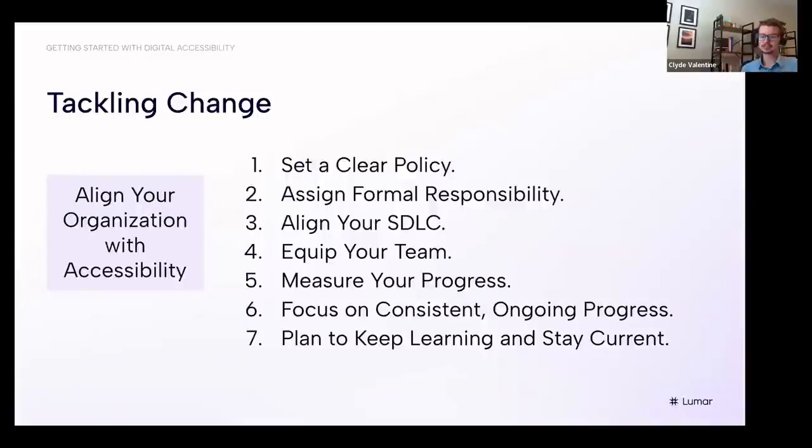Once the groundwork here is done, organizations tend to move, and where I recommend you move is into more of an iterative cycle. And the first part of that equation is actually monitoring and tracking your progress with accessibility. That loops full circle back to the idea of having a clear, technical standard to shoot for in the first place. People can go hog wild with all sorts of metrics and fancy things, and you can get really sophisticated really quickly. But the thing that I always like to bring it back to is, if you have a clear technical standard that you're shooting for, when you go through your testing, you're going to uncover what issues bring you out of compliance or what accessibility issues exist.